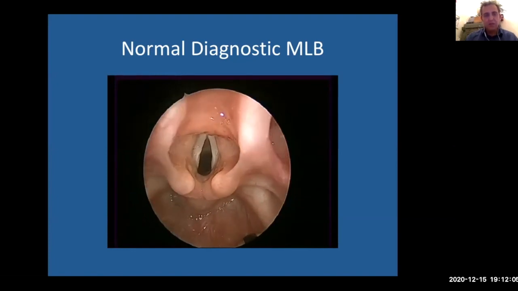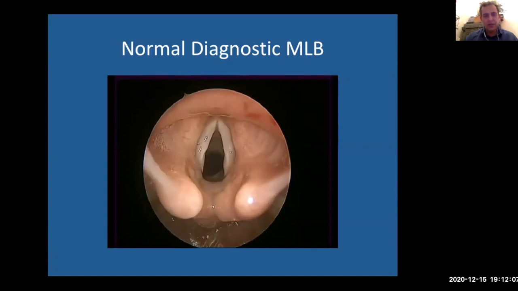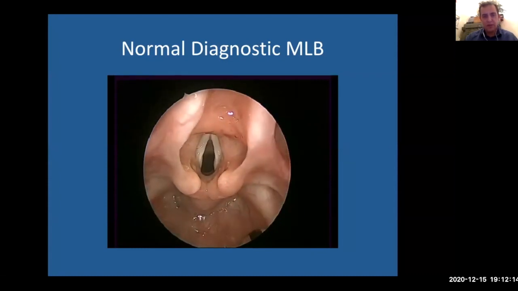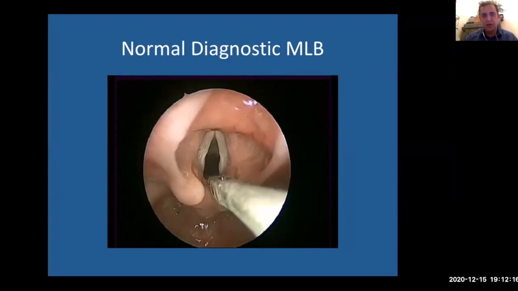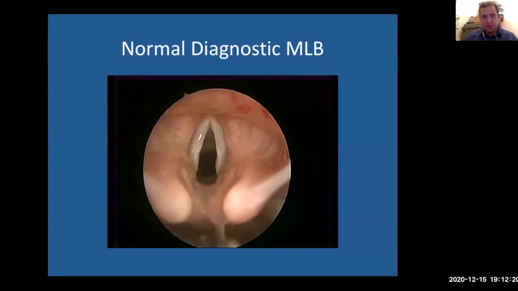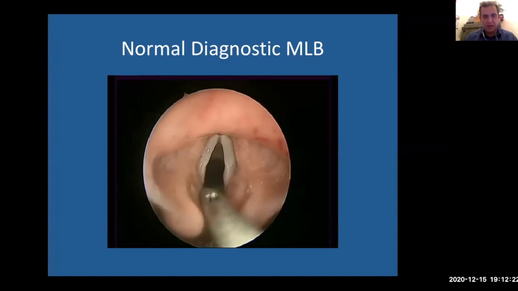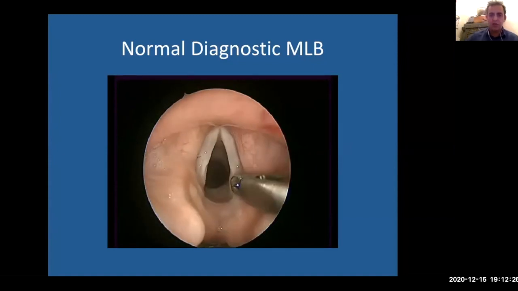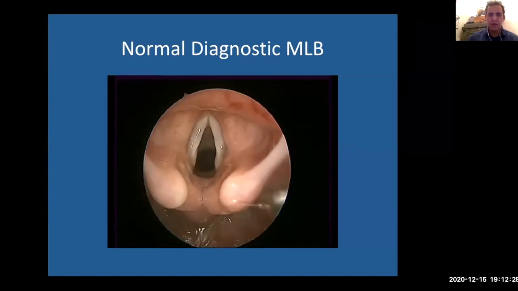And then there are two more things that we need to assess. First, we assess the patient for the presence of a laryngeal cleft, in which case we put a probe in, go down to the level of the vocal cords, push back and see if there's a ridge that prevents the probe from falling in. And then we test for cricoarytenoid joint fixation, which we're doing in this case.